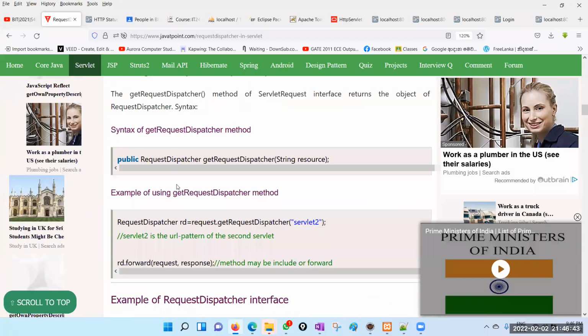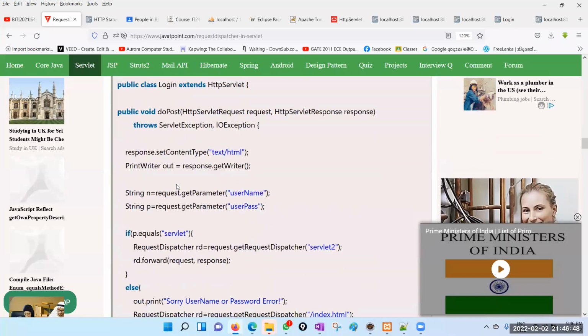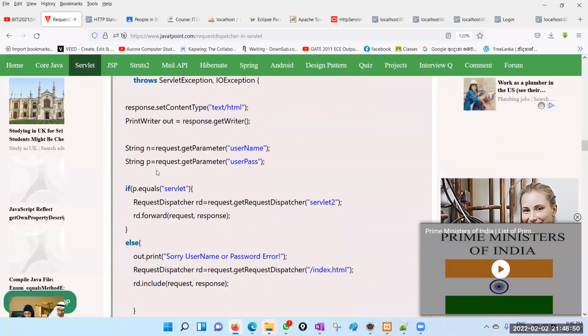Right. So now I am going to do a small change. Now in our login action, right? In our login action,